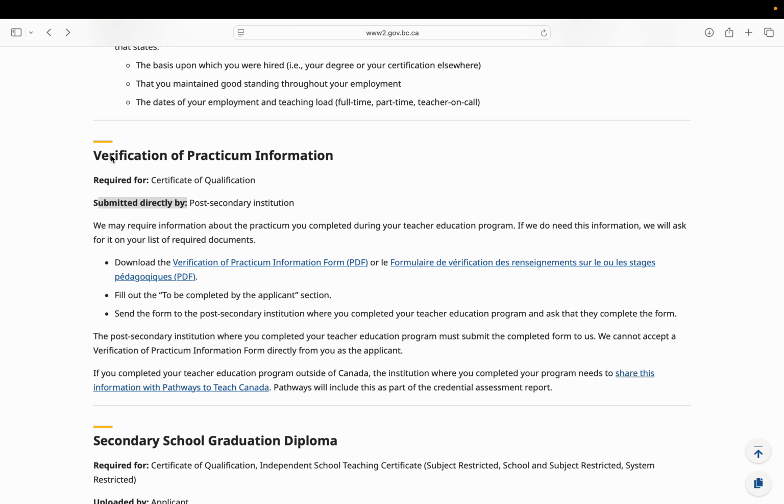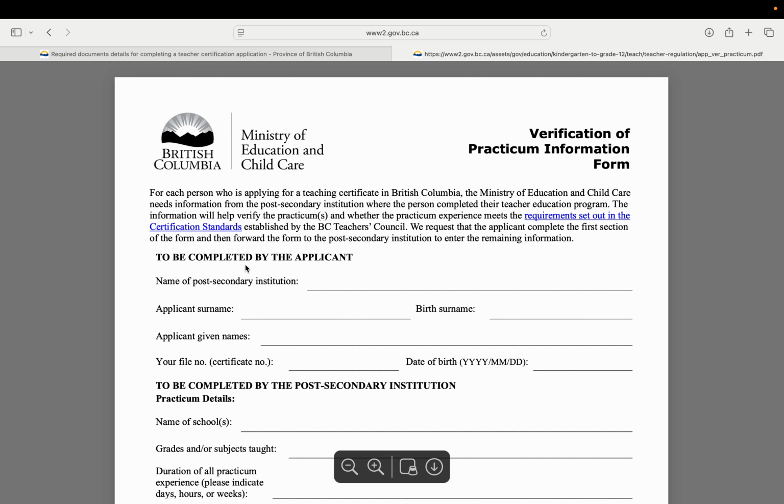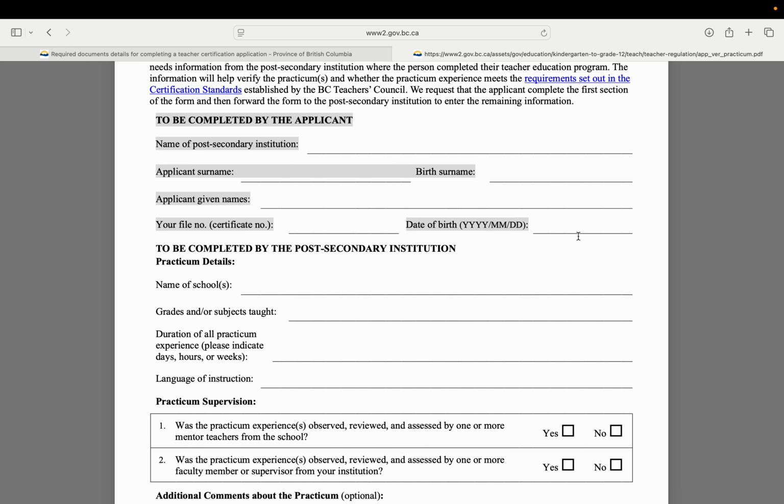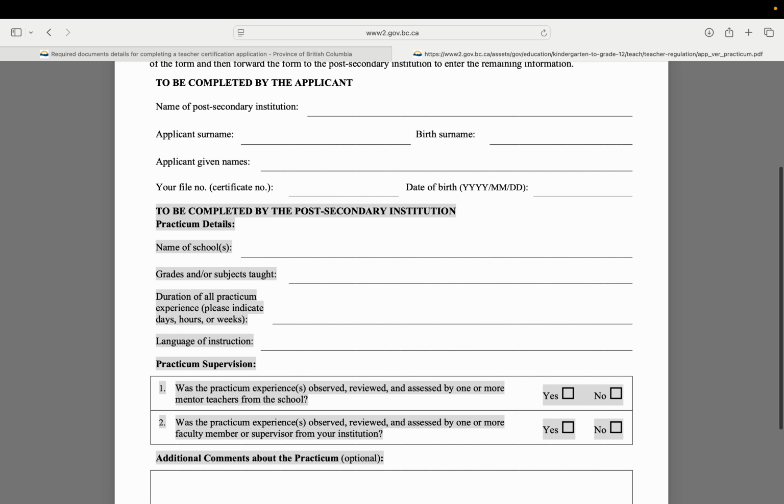It means, as we used to say in India, teaching practice. For example, I did my Bachelor of Education and I had teaching practicum, or you can say teaching practice. I did it in one of my nearest schools. So you need to ask that school. You need to download that form first of all. The above information you need to fill in, and the bottom one is going to be completed by your